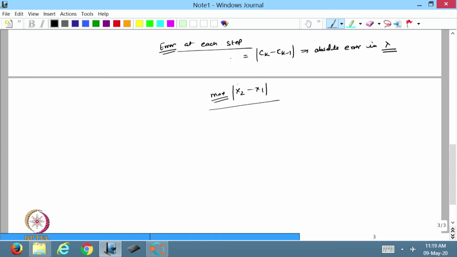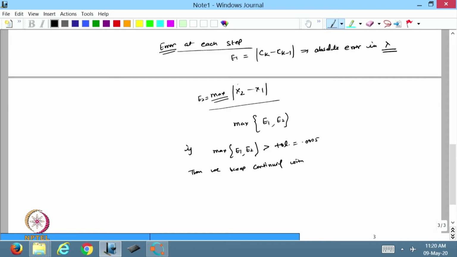So, based on this, that is how much this error is. So, I can take this error as E1 and this error as E2. Now, from here I will find the maximum error. So, maximum of E1 and E2. So, now if the maximum of E1 and E2 is greater than the tolerance. So, tolerance maybe I can define 0.0005. So, if this is greater than tolerance, then we keep continuing with the iterations